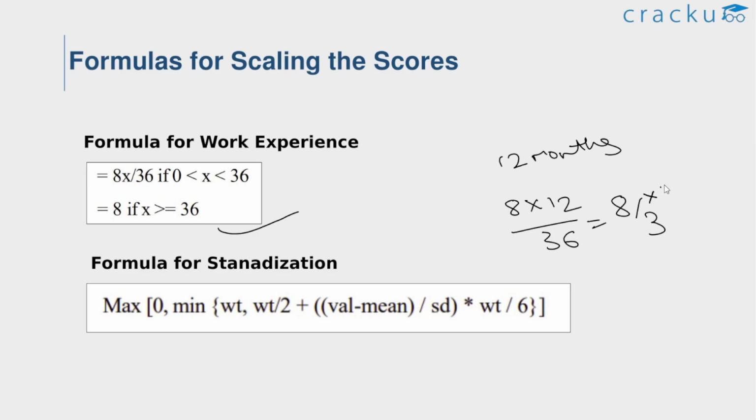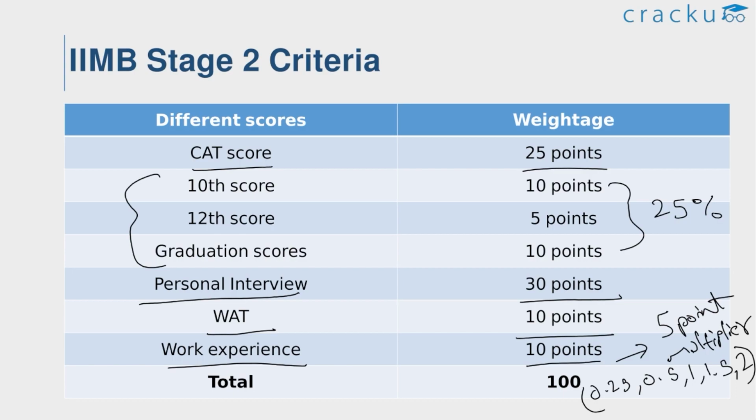Usually the multiplier is 0.5. If you performed well in your work, then the quality score can be increased to 1. So that means 8 by 3 into 1. If you perform more than that, then the quality points can be increased to 1.5, and there is a very rare possibility to get multiplied with 2. And one more thing you have to remember, don't worry about the selection criteria,